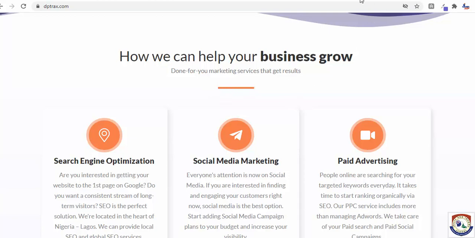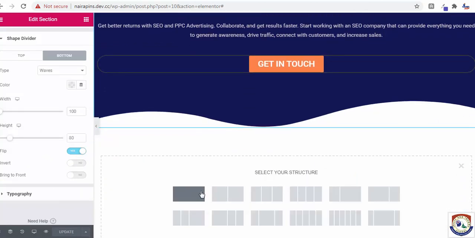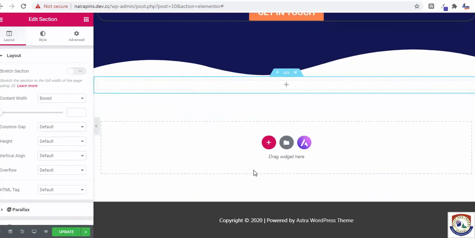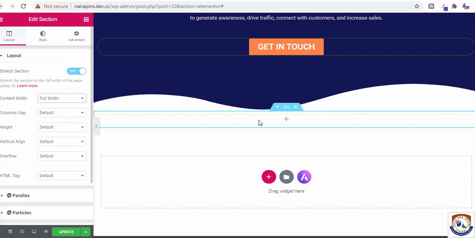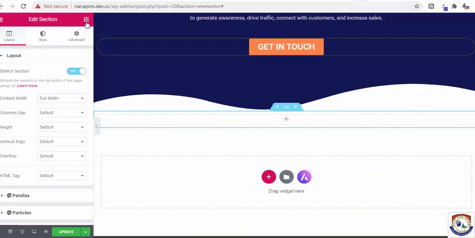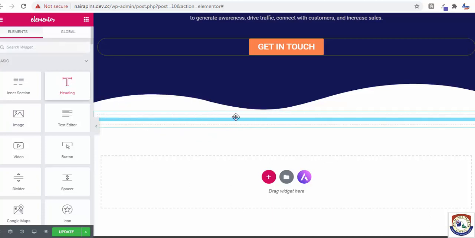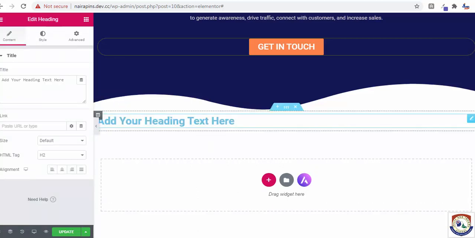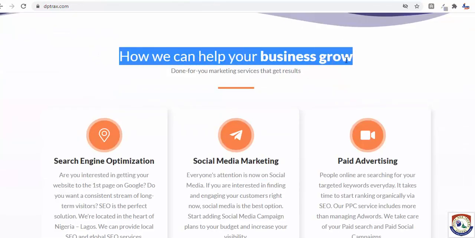So what we are going to do now is go to the section also, click add new section. You are going to another section, and in the same vein you are going to stretch it. Make sure you make it full width. This section is the heading and the subheading. So we go to our element section again. This heading section, you drop it inside. Now this is our text here, because we need a bold one. You can just copy this text, which is black, copy.